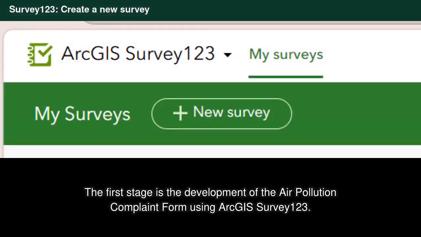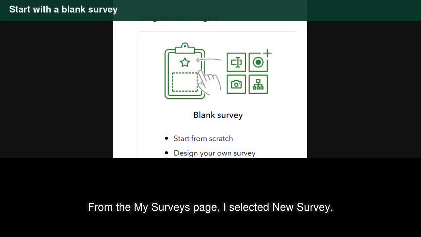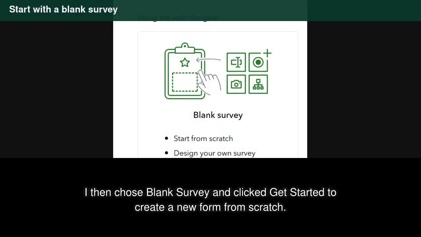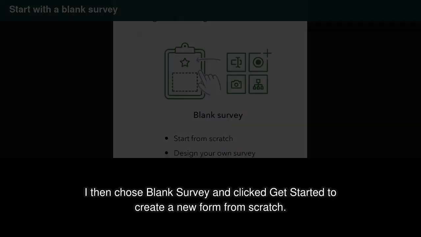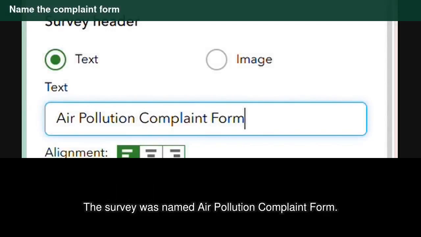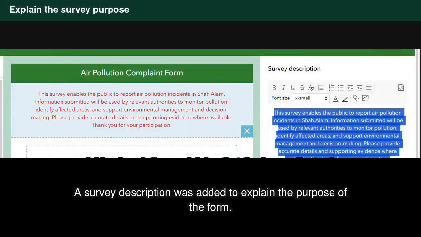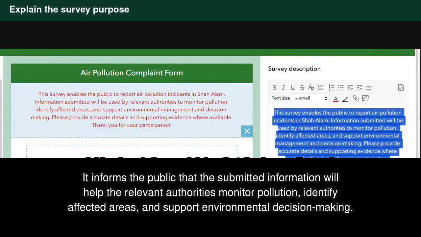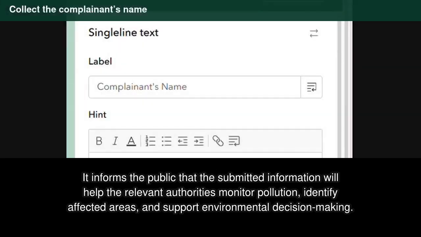The first stage is the development of the air pollution complaint form using ArcGIS Survey123. From the My Surveys page, I selected New Survey. I then chose Blank Survey and clicked Get Started to create a new form from scratch. The survey was named Air Pollution Complaint Form. A survey description was added to explain the purpose of the form. It informed the public that the submitted information will help the relevant authorities monitor pollution, identify affected areas, and support